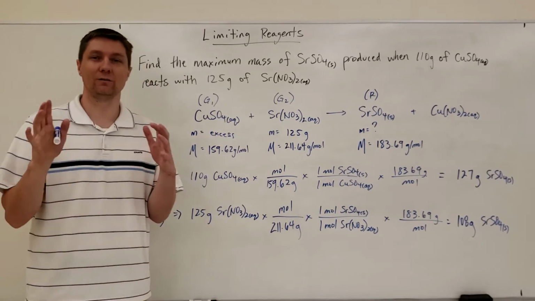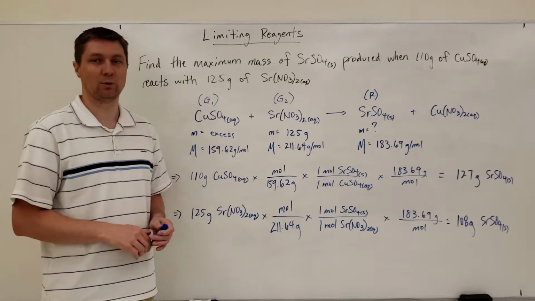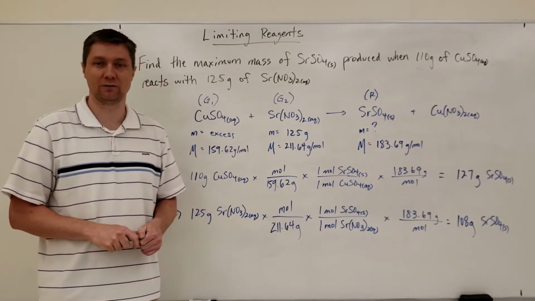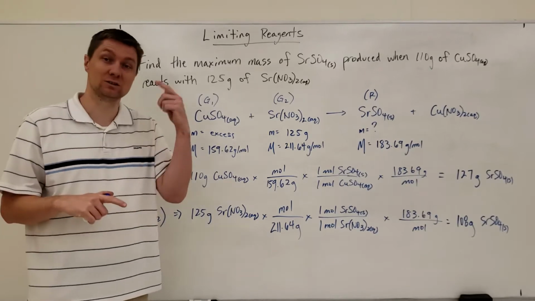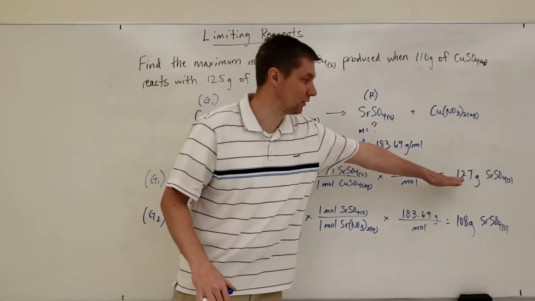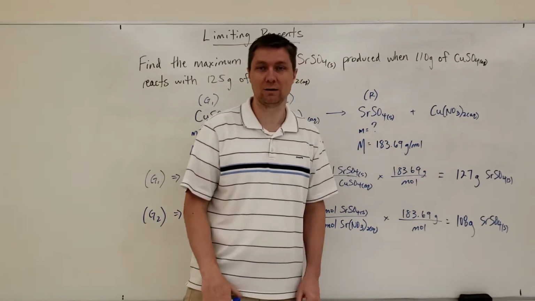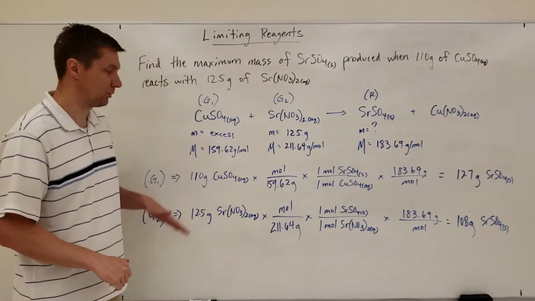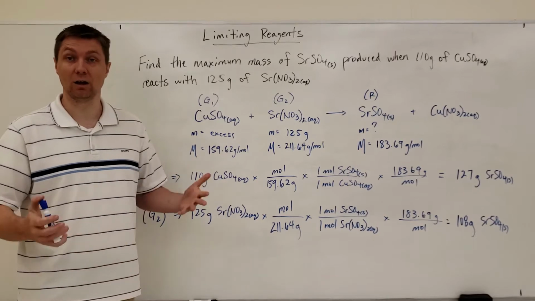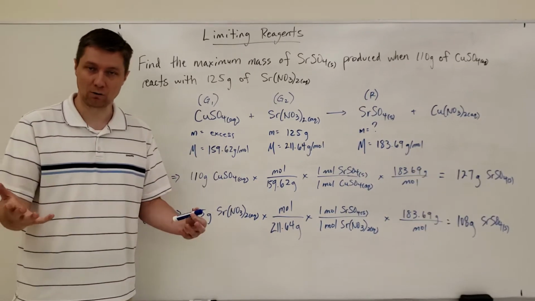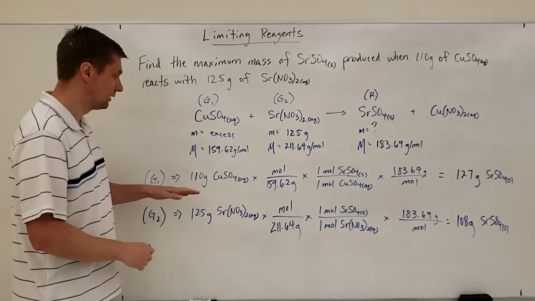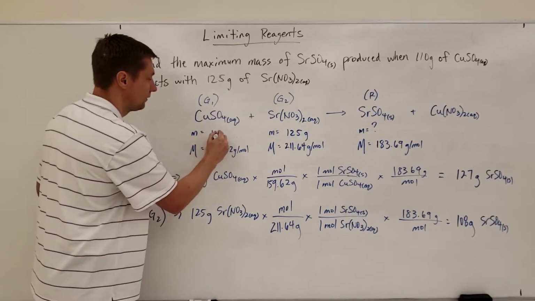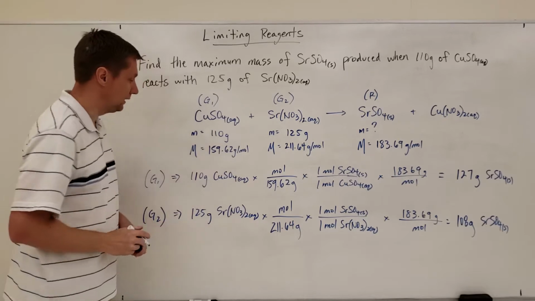So here's another very common mistake that kids will make at this point of the question. They'll say, okay, the question says find the maximum mass of strontium sulfate. And they think maximum means larger. And so then they go ahead and they say, okay, well, 127 grams is the maximum that can be made. And so copper 2 sulfate is my limiting reagent. Done. I'm finished. Turns out they'd be wrong. Because what we now have to consider is